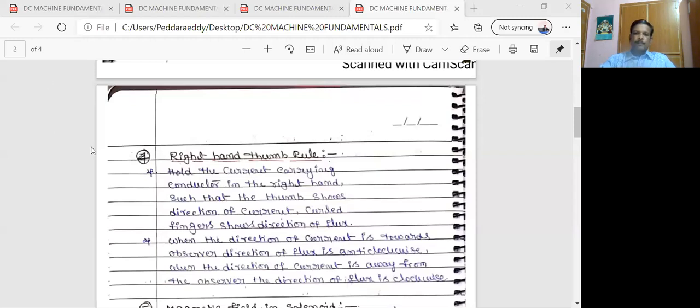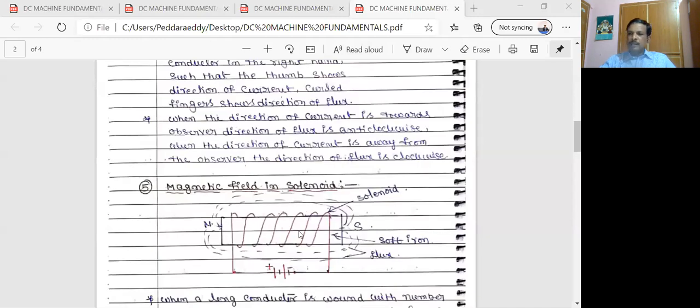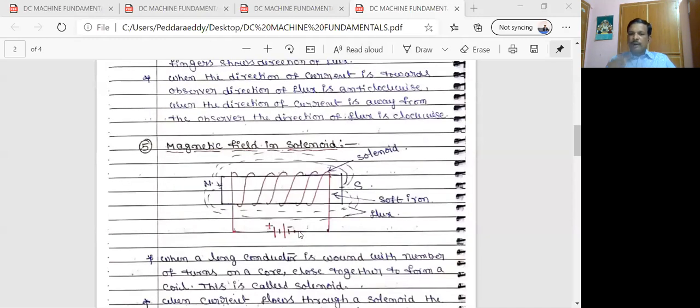Next, magnetic field in solenoid. When a long conductor is wound with a number of turns and a core close together to form a coil. So suppose you take some medium or base, and wind a copper or aluminium coil on that base, closely wound, and then take the base aside. So you get a coil. That coil is called a solenoid, in Telugu teega chutta. Okay, so in that solenoid, when we give supply to the solenoid,